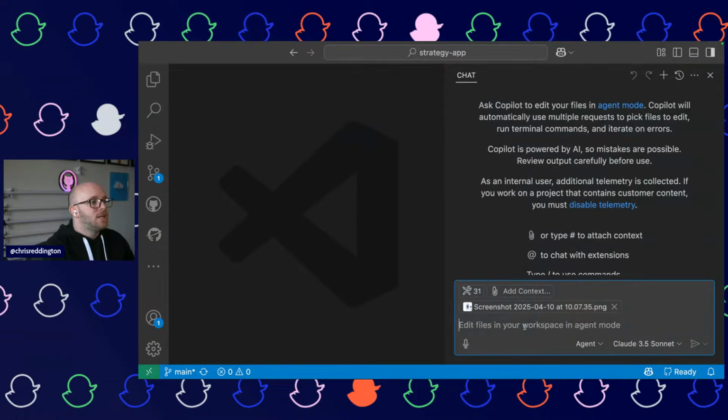Yeah, I think that's probably good enough for our initial one here. So GPT-4o, we've attached the image, we've got this context here. Let's go see.